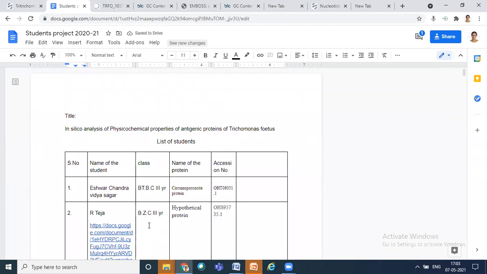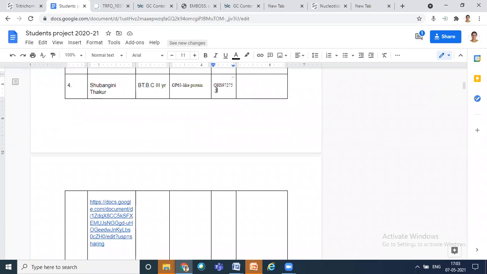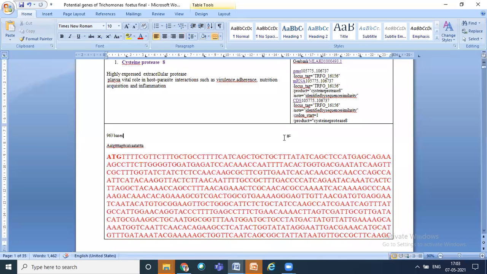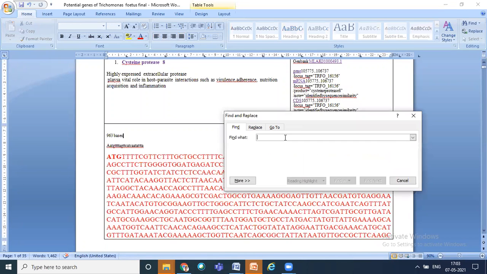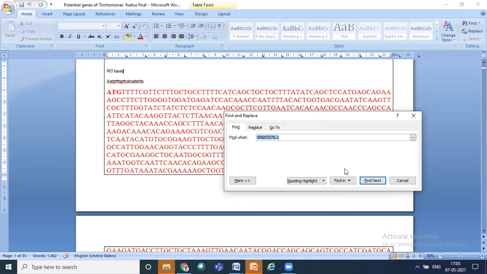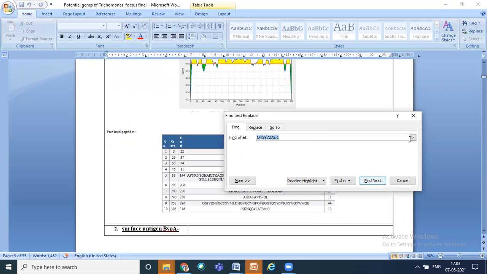So what was your protein ID? This was your protein ID, right? Just a second, because I have been working with many proteins. This is not found in this page. Maybe I will check in which of my pages your protein is present, and from there I will give you